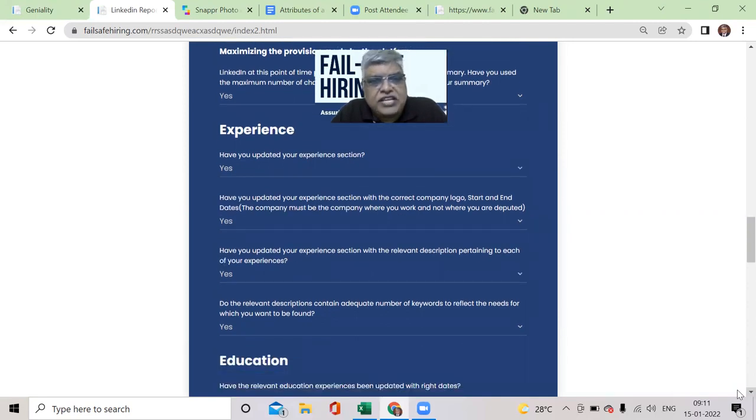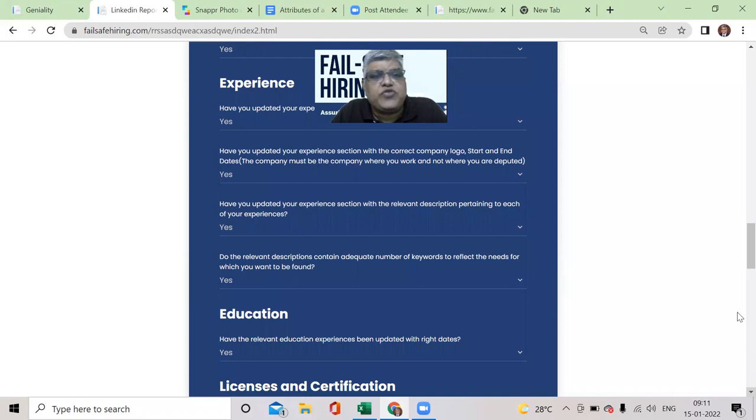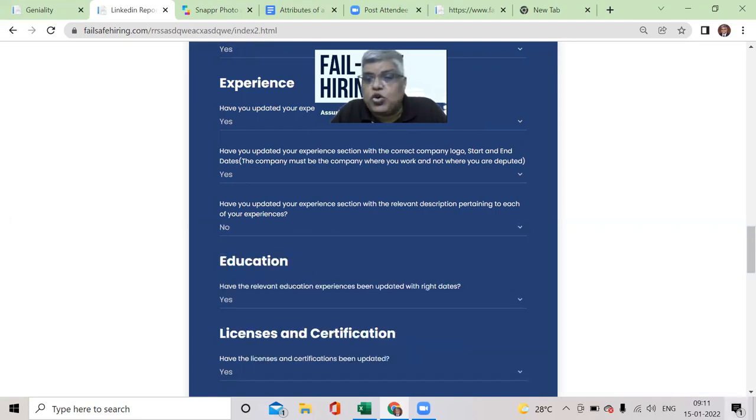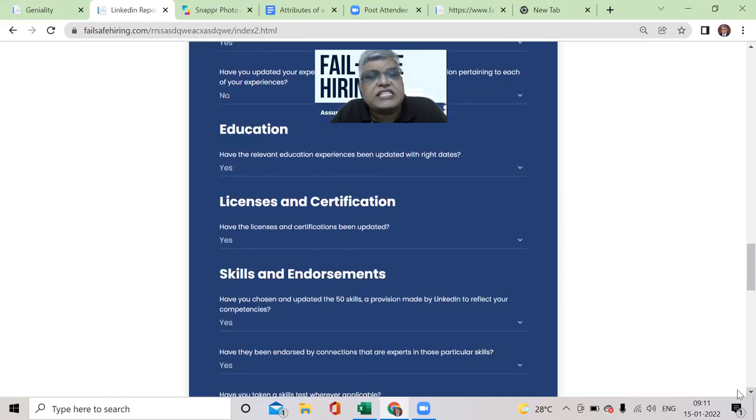And then there is an experience section. So here the criteria is very clear. You must have the right company logo. You must have the start and end dates. This is very important. And then your experience section has relevant descriptions pertaining to each of your experiences, and relevant descriptions must contain the number of keywords to reflect the needs for which you want to get found. So let me just go ahead and just say no there, and then come back to education, licenses, and skills